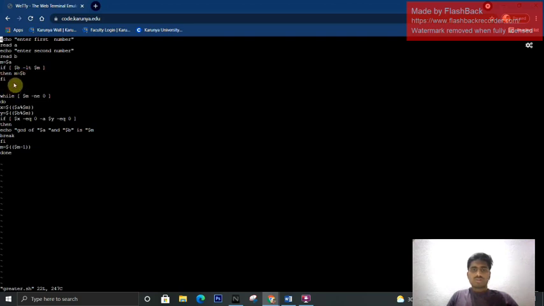And it will come to this condition, m equal to $b, and if we are taking the value here, $m is not equal to 0, then do x is equal to a modulo $m, and y equal to $b modulo $m.